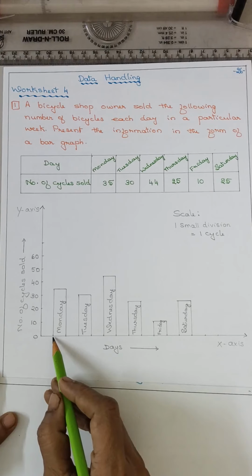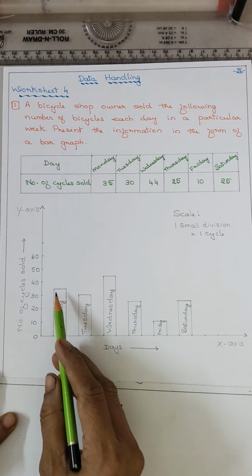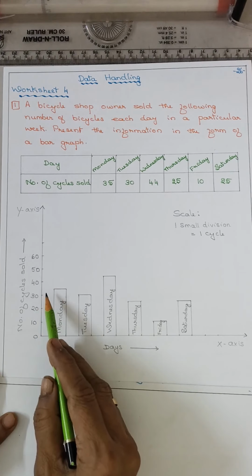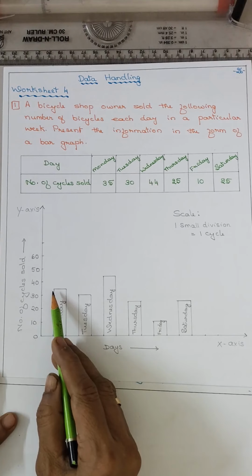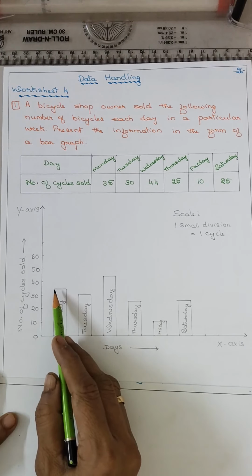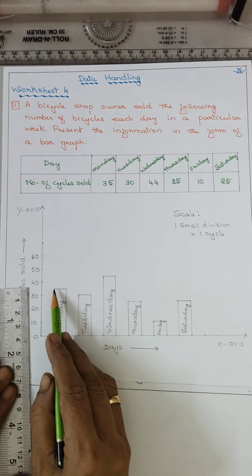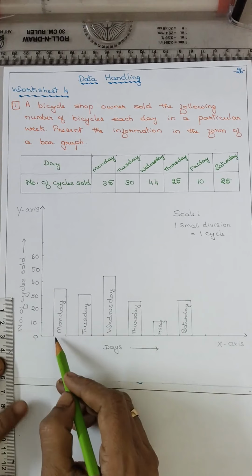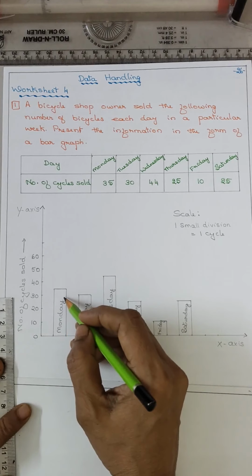Now leave 1 centimeter, that first marking. From there you have to go up to 35. 35, where it is between 30 and 40, a slightly darker line is there, that is 5. Okay, so after 30, in between that marking is 35. So draw till there, and then the 1 centimeter horizontal line you have to put, and put the line like this. So that rectangular piece, whatever you got, that is Monday.